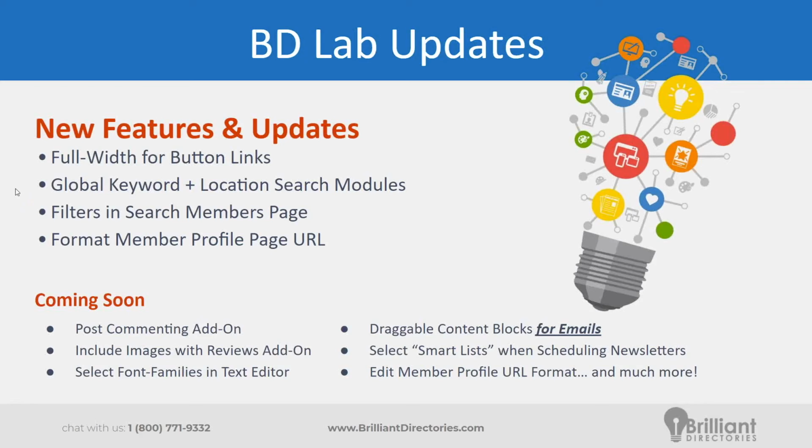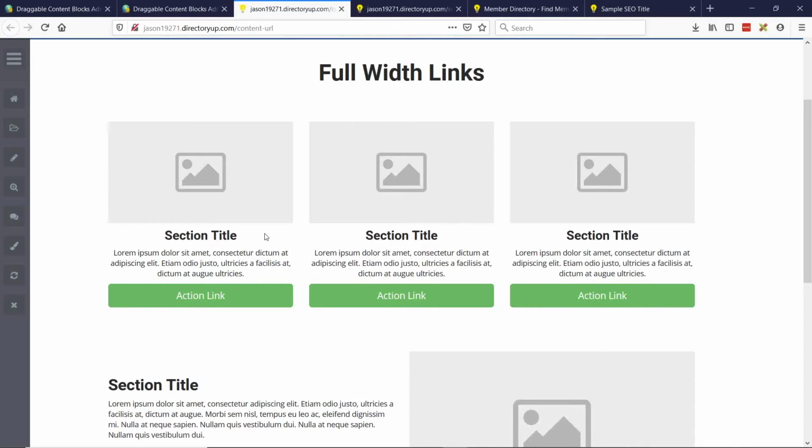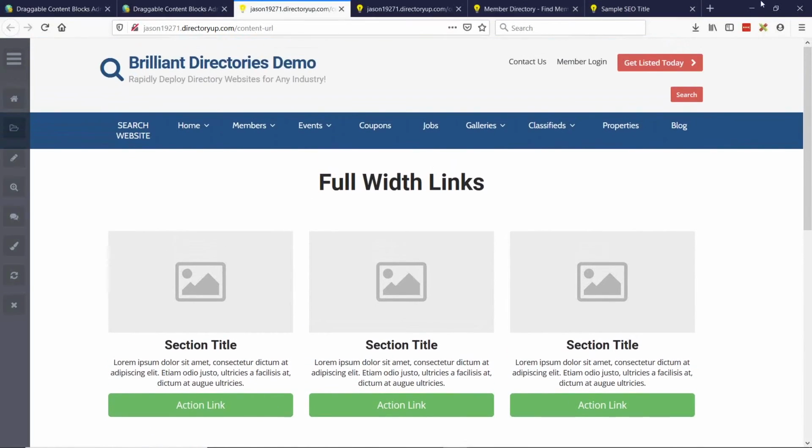So now with the keyword plus location search modules, working with the global website search, you can search those 2 types of criteria. And most post types, not all post types, but most post types may have a location option with them, such as events or coupons, such as where they could be used. But things like blog articles, they're just articles. They don't necessarily have a location pinned with them. So in those cases, it wouldn't be applicable. But let me show you where you can select these now if you have the global website search add-on.